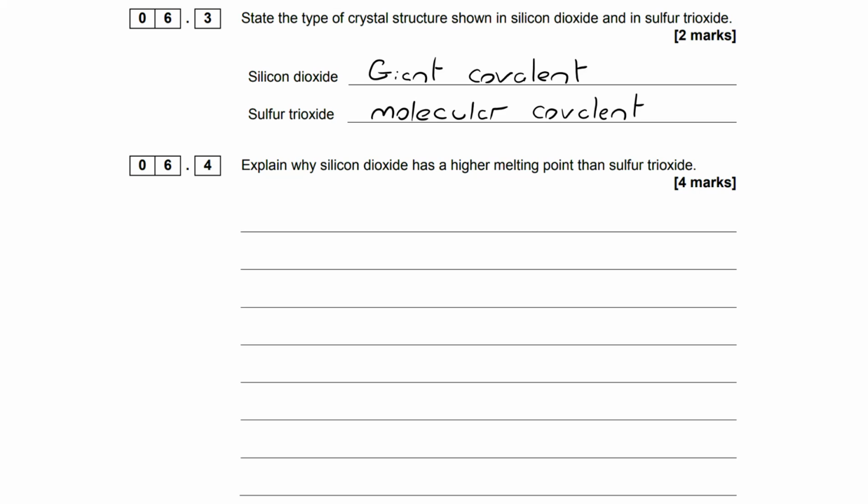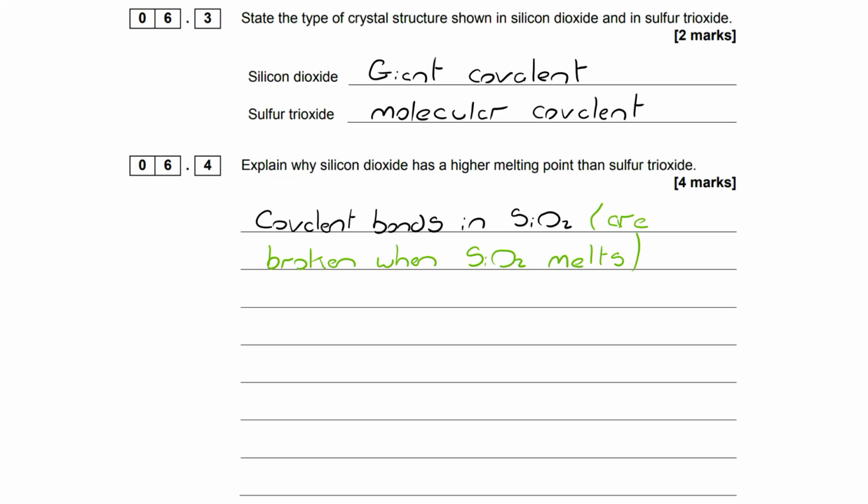As a 4 marker, I really recommend you stop and consider the structure of the answer that you're about to put down. It can be really, really obvious when somebody has started writing in stream of consciousness and you have to drag yourself back to get the key information in. And you can often contradict yourself. So, there are covalent bonds in the